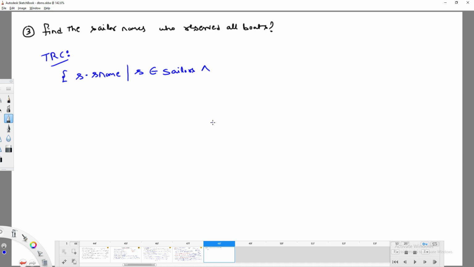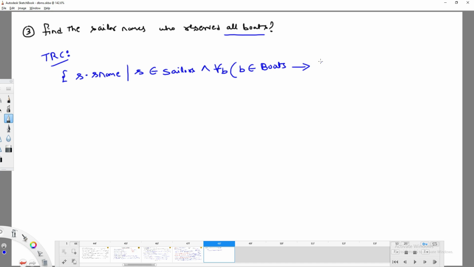As I am expecting here, who reserved all boats, meaning that we need to find a sailor who reserved all the boat numbers, right? All the boat numbers means what? For all boats, where B should belong to boats. And is there any criteria for this? No. We have to check only all boats. If they specify all boats and red color, then you have to filter again, right? I am trying to check for all boats.